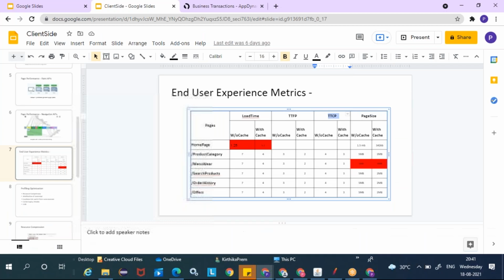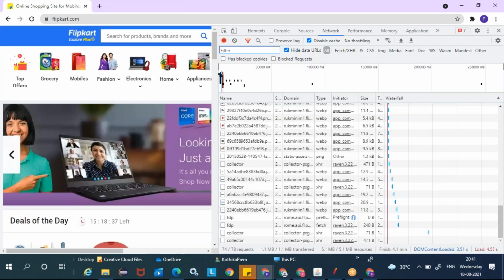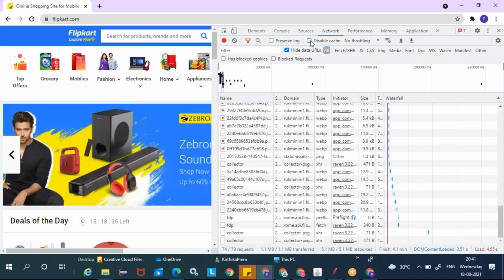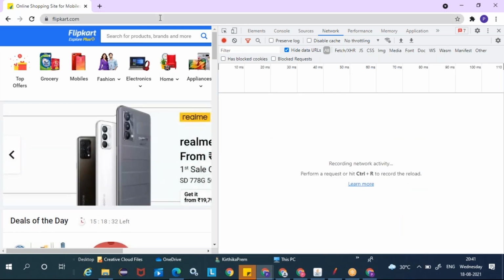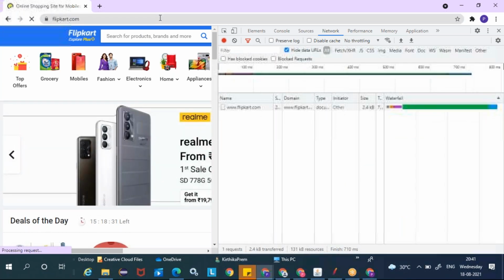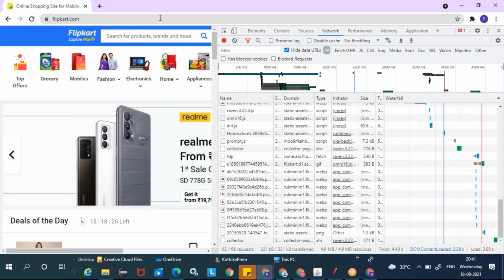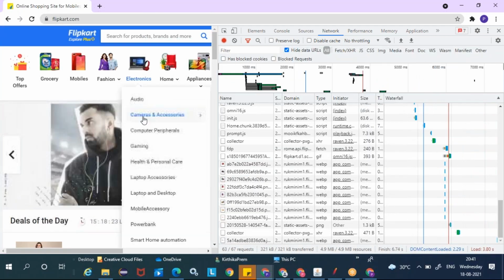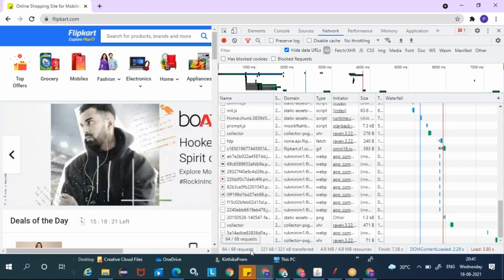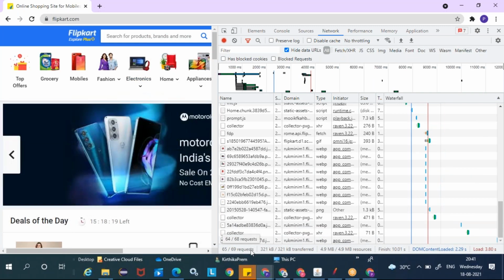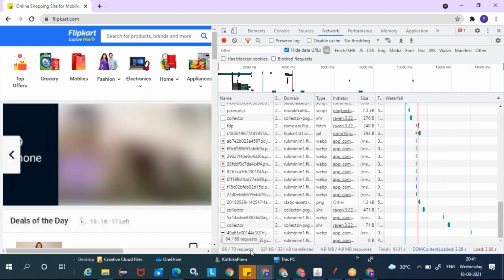And this is without cache, right? I'll go and enable the cache and clear it out, and again do the same navigation and note down the same metrics, your load time, your page size, and the number of requests, so that I know how efficiently they have implemented the cache.